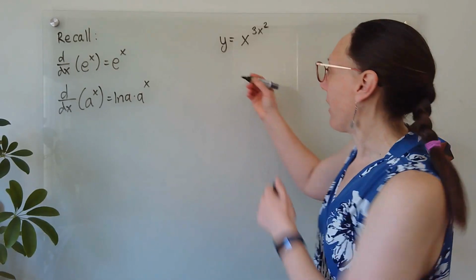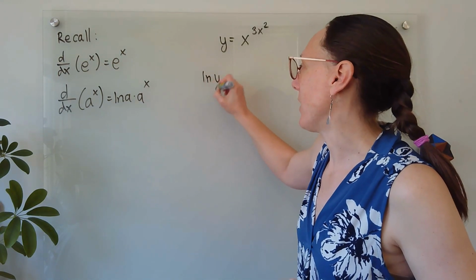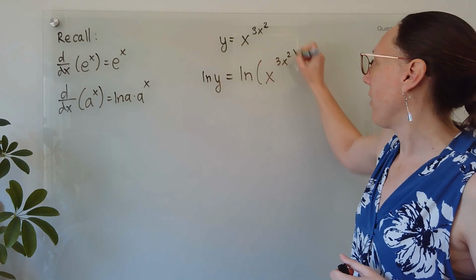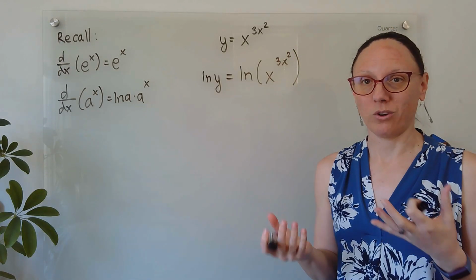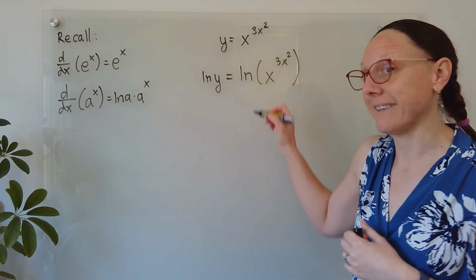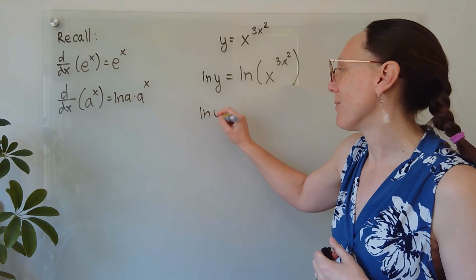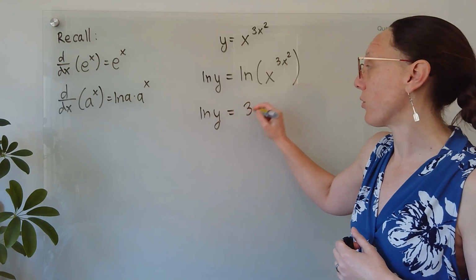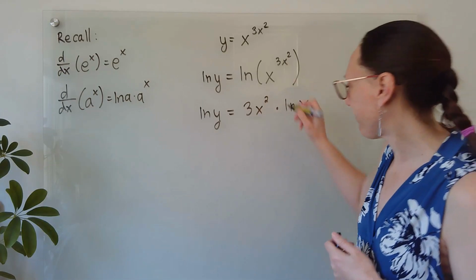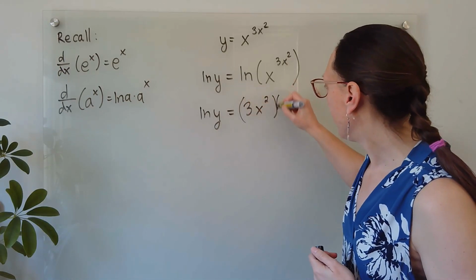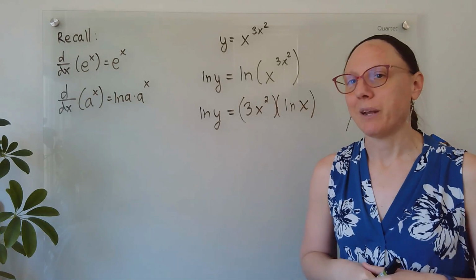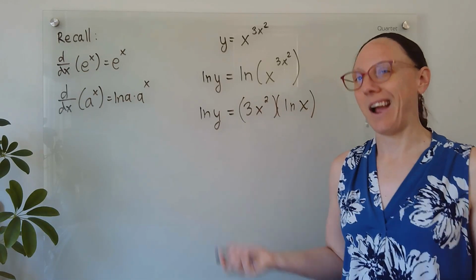My first step here is to take the natural log of both sides of the equation. And then I'm going to apply our exponential rule for logs, which says if I've got something in the exponent, I can pop it down in front. So this becomes natural log of y is equal to 3x squared times natural log of x. I know it doesn't look a lot better, but it looks better enough that I know how to take the